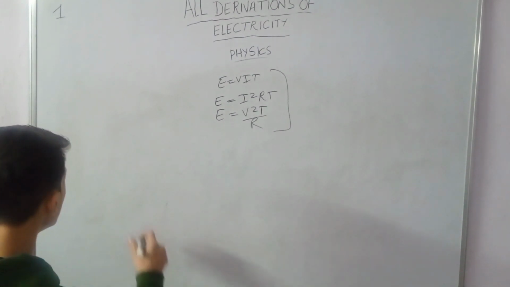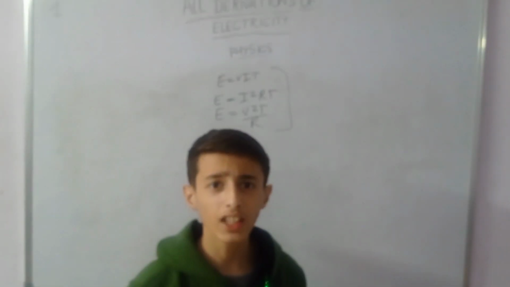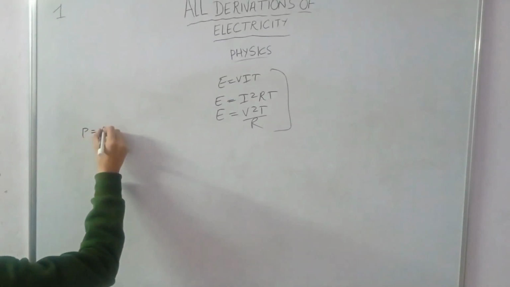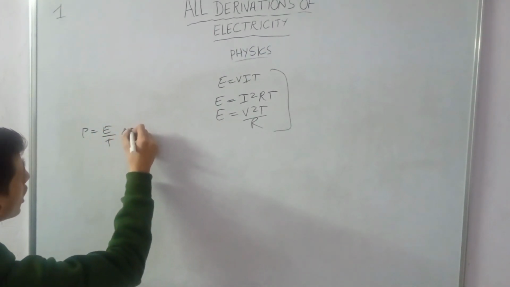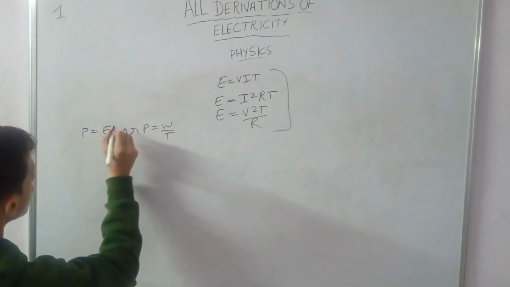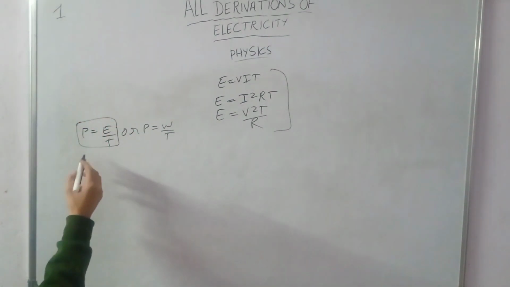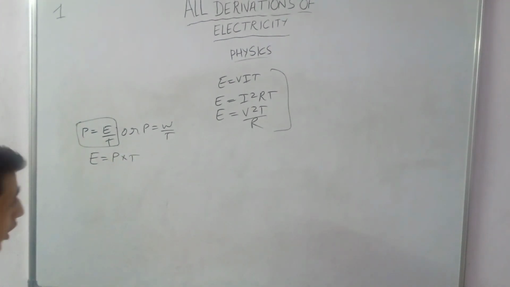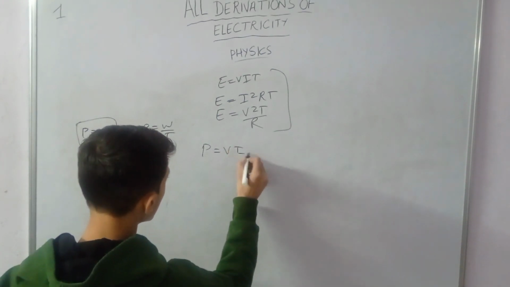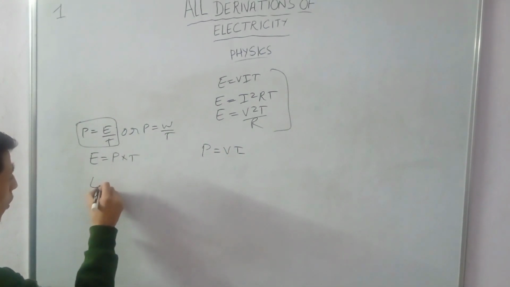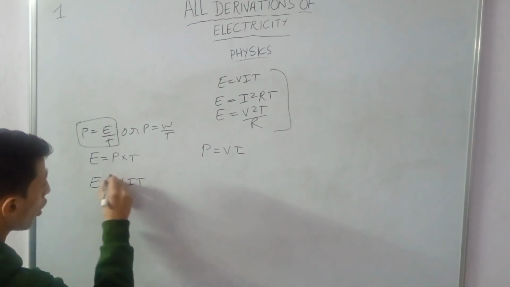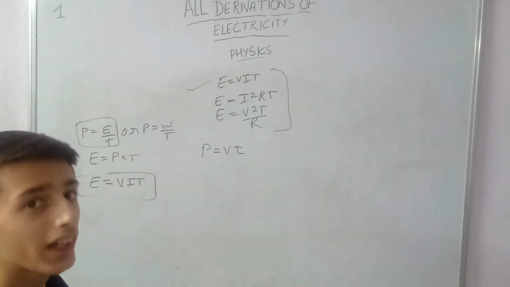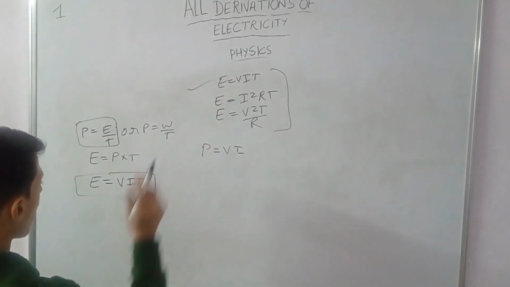Okay. We know what is power. We have studied in class 9 what is power. Power is the rate of energy consumption, and we know that the formula is P equals E upon T, and it has another formula, that is P equals W upon T, but I will take the formula P equals E upon T. Okay. From this, the energy becomes P into T. And we know that P equals VI. Okay, if I put the value of VI in this formula, the formula becomes VIT. Okay, now the first formula is derived, and deriving the formulas of electrical energy is very easy.